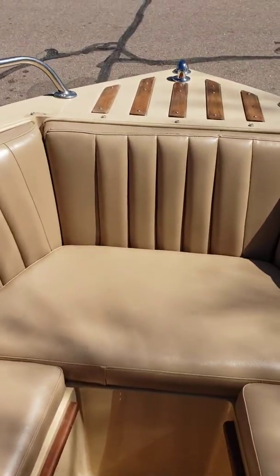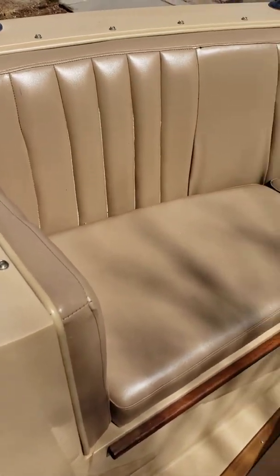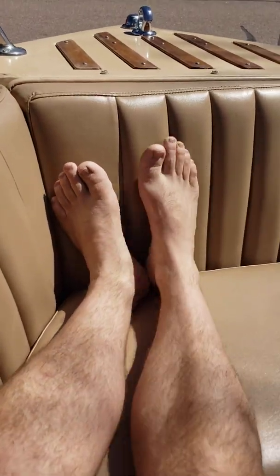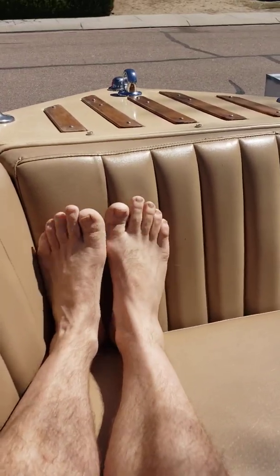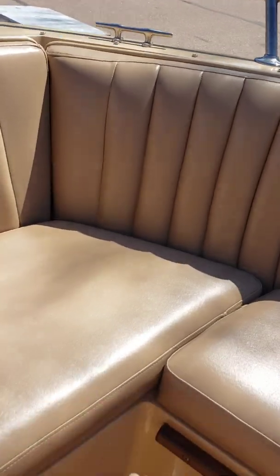Because for me, riding in the front of a boat is part of the fun to be had here. So this just seemed like such a small front end. I'm only about 5'7", and I'm sitting straight up and down, and my feet barely touch the side, and I didn't really feel like people could really hang out up here until you throw in